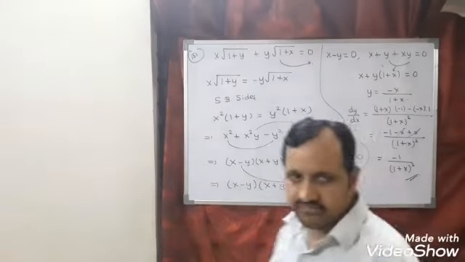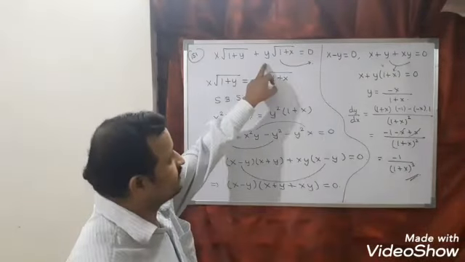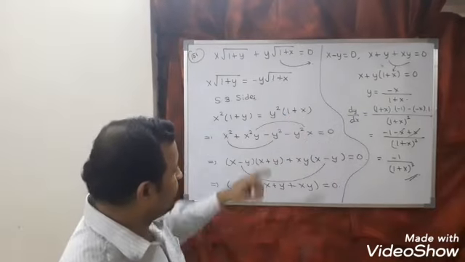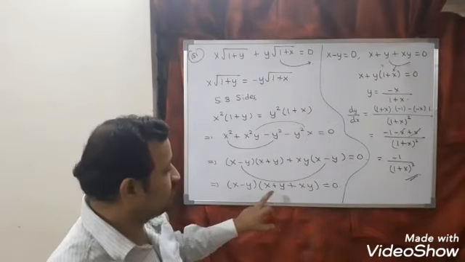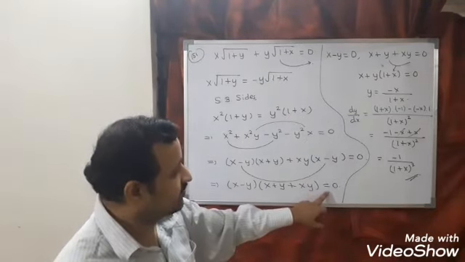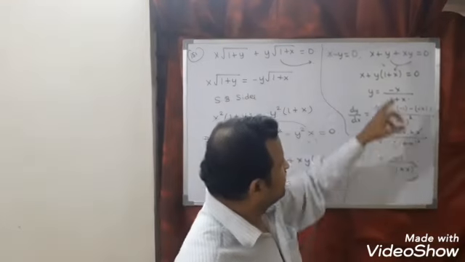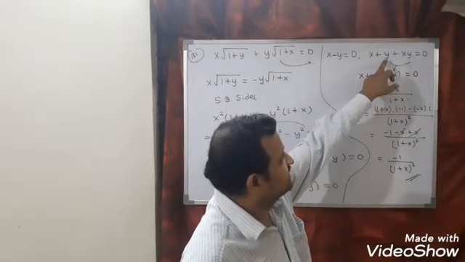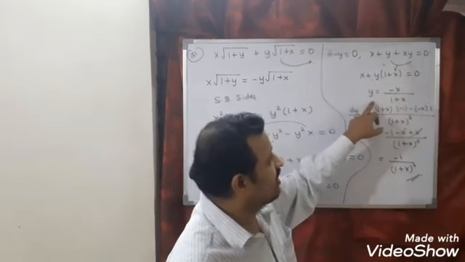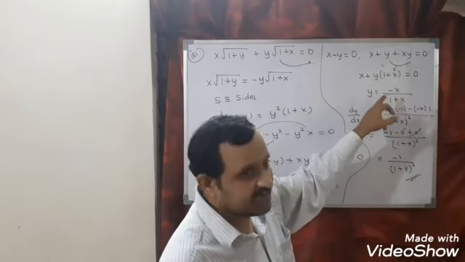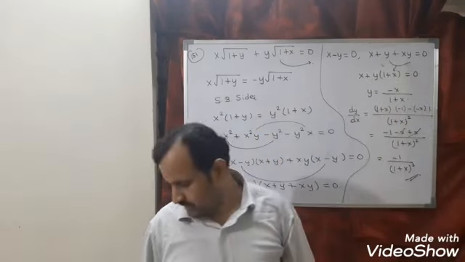So what we did in this question is, we took this term to the other side. We did squaring. So (x - y)(x + y + xy) = 0 came. Since the answer we will get is from this term, I took y common and we got this. Apply the division rule, and the final answer will come.